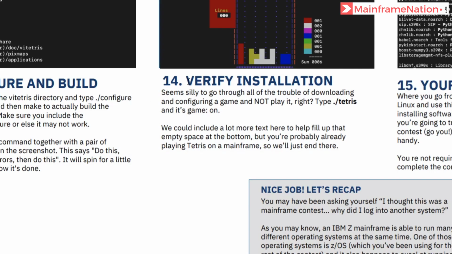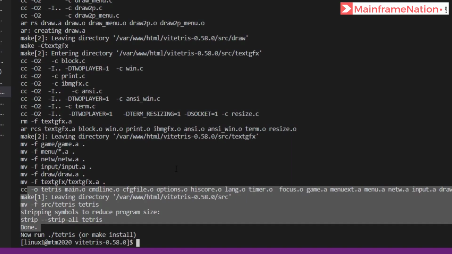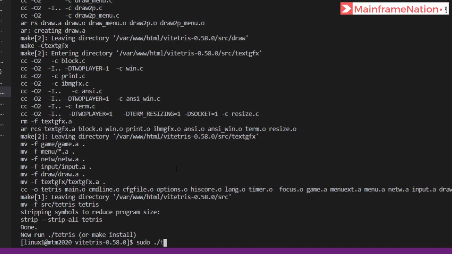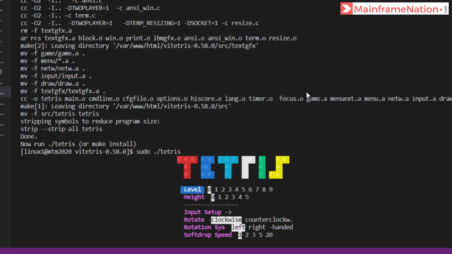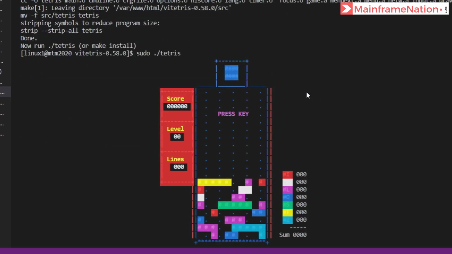Now I can verify the installation. I can do it by giving ./tetris. So give here sudo ./tetris, and you can see Tetris is now installed. 1-player game, 2-player game. I will play 1 player. Press enter. Level 0, height 0. Height can be 3. Press enter.